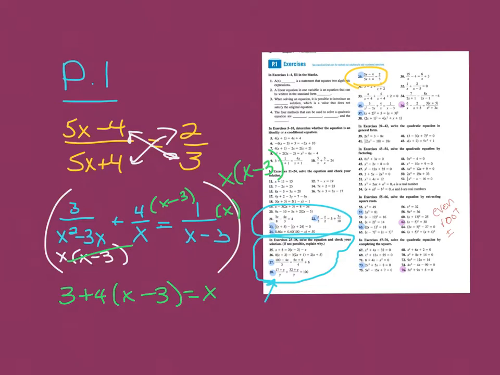Same thing's going to happen for 36. I would again factor it, find the least common denominator, and then multiply everything by it to get rid of the fractions. When you look at 37,